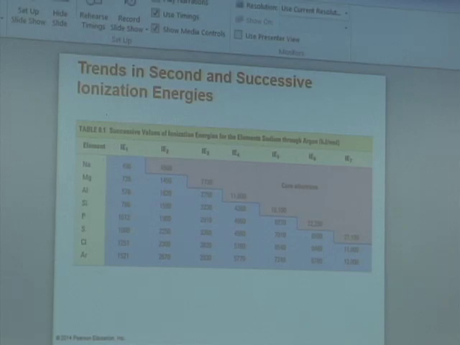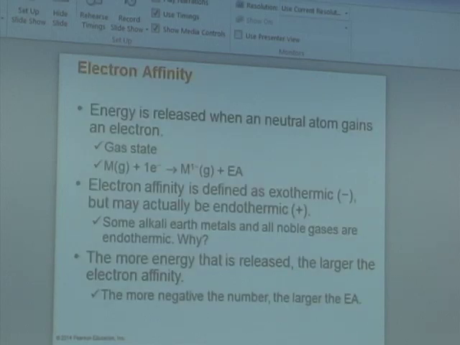And here's the trend. As we remove more electrons, it takes a lot more energy, so that's not really practical for us. So we'll just stay and focus our learning on the first ionization energy potentials. So now we go to the next